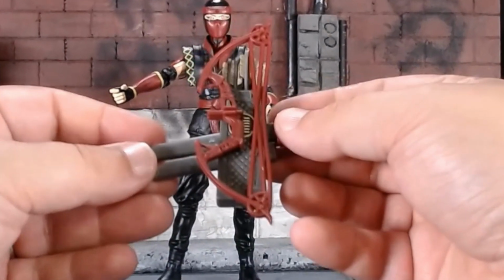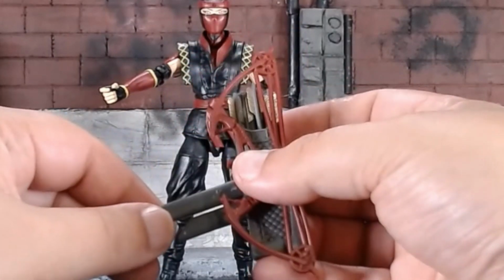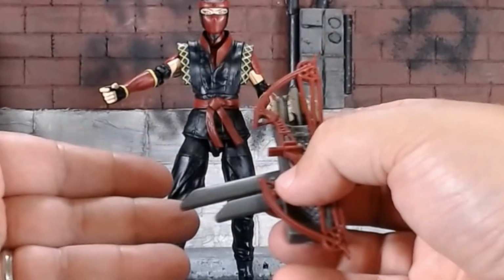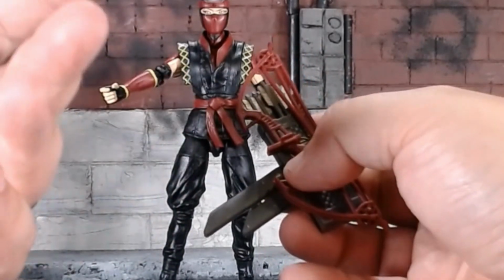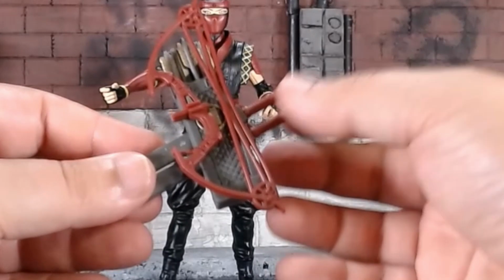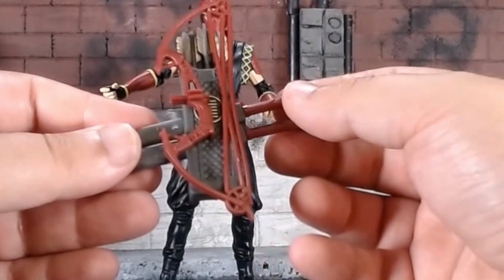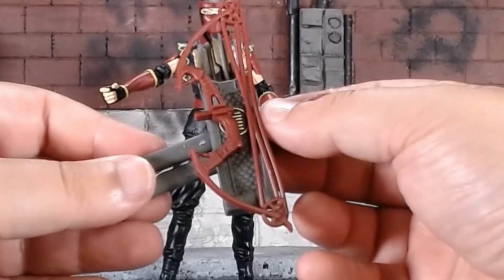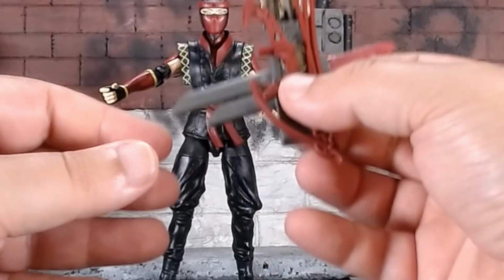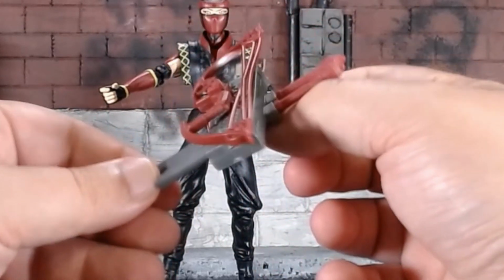As I said, my biggest issue is the fact of this paint rub. When they first started coming out with the windowless packaging and using the bags and everything, the weapons, they had little cardboard flats and things like that to keep things from bending. That has been absolved as of late, and this is one of the cases where it was definitely detrimental. I mean, again, this is nothing new here with the Storm Shadow